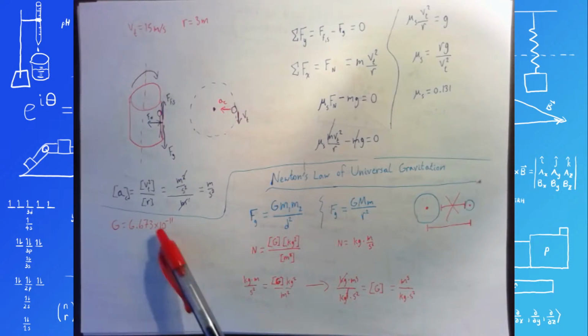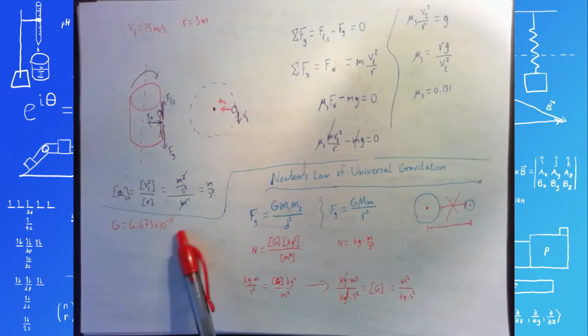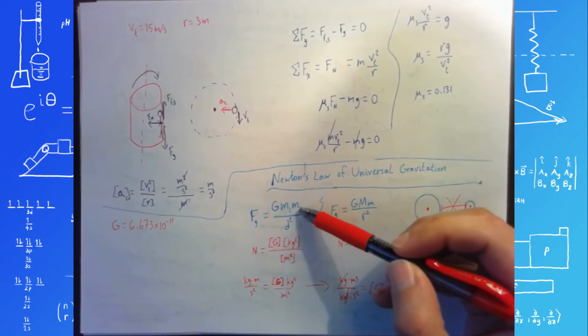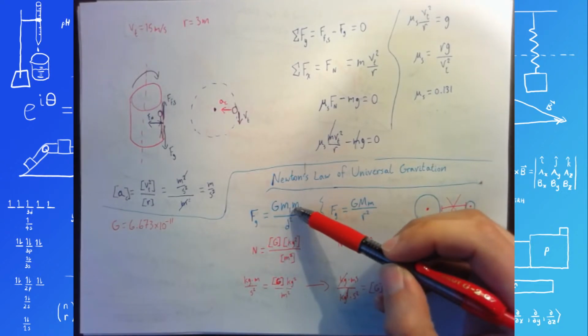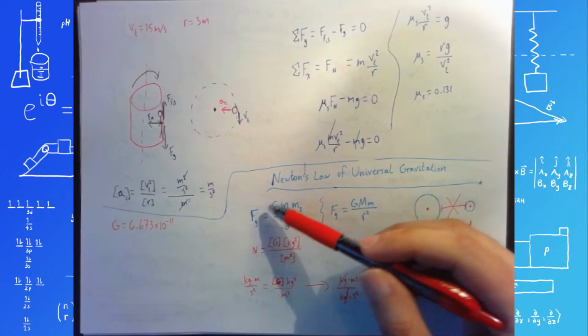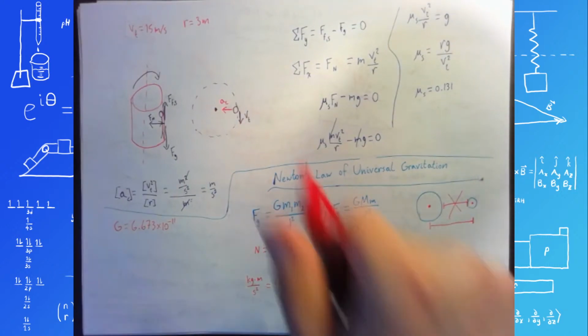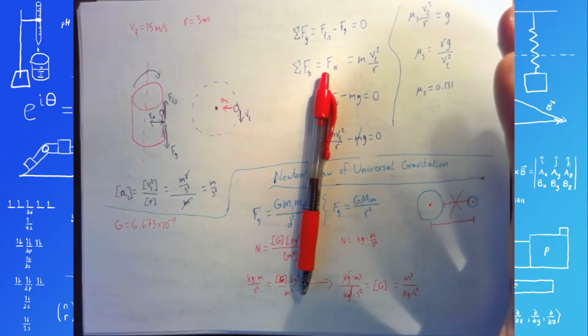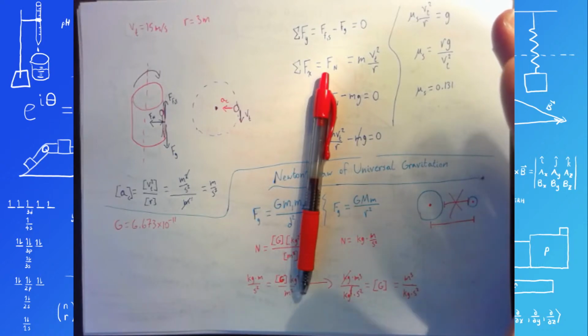Now, this value G, like I commented earlier, you can see that it's very, very small. And the fact that it's so small kind of explains why we don't see universal gravitation in everyday life. Because according to this equation, any two objects that have mass have a force of gravity with which they attract each other. My hand can attract this pen. You don't see it, and the reason you don't see it is because the mass of my hand and the